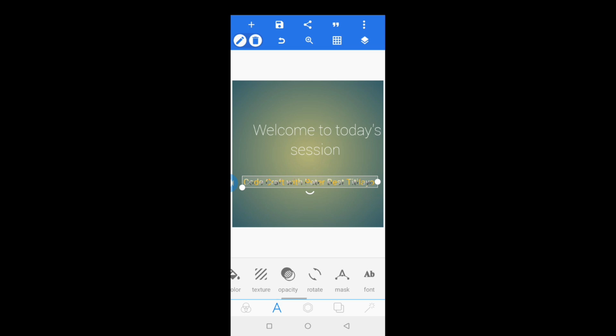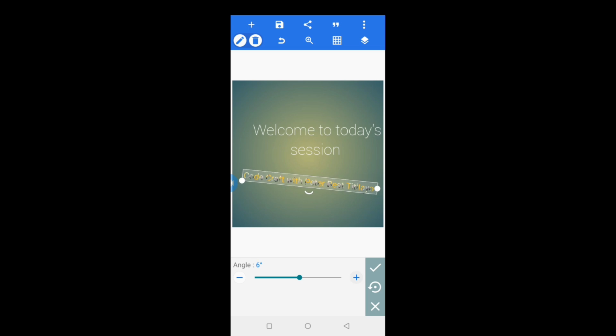And also, if you go to the rotate, it actually has to do with the angles of your text. So if I'm rotating my text with the plus sign, it's going to be going this way, and if I'm bringing it with my minus sign, it's going the other way. And also I can make use of this and this. So it is much safer for you to make use of your plus and minus while rotating your text, so that you are going to be having a perfect angle for your text. All right, so